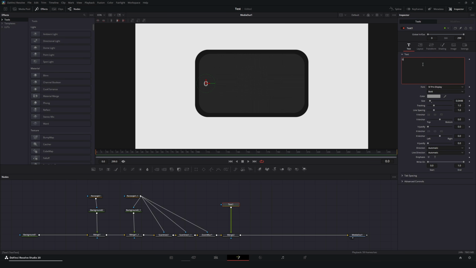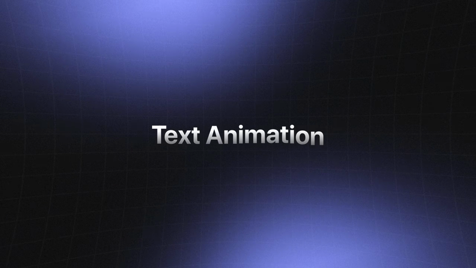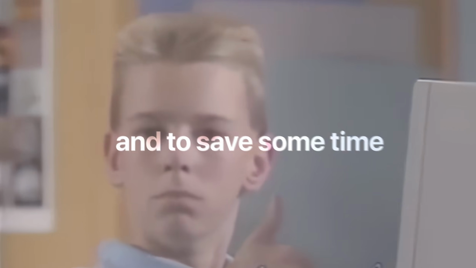it a little bit. Now in the text box after 0, click Tab from your keyboard and a green line will appear. There you can type the next number and then do this step 2 more times to get this nice spacing. Now to do this animation to the text and to save some time, I'm going to add a